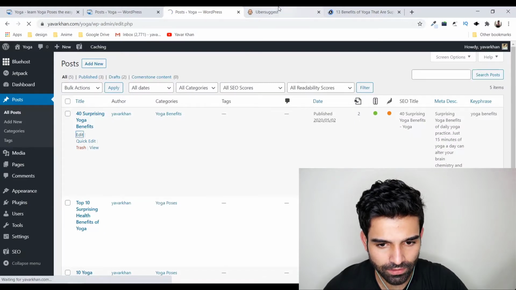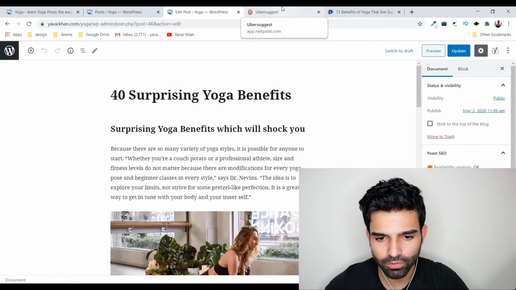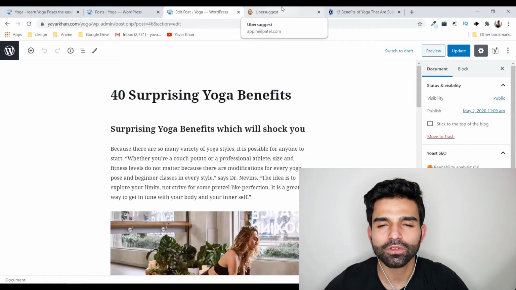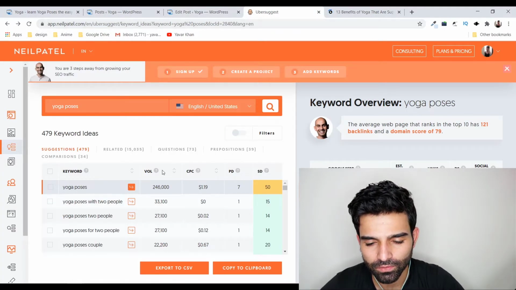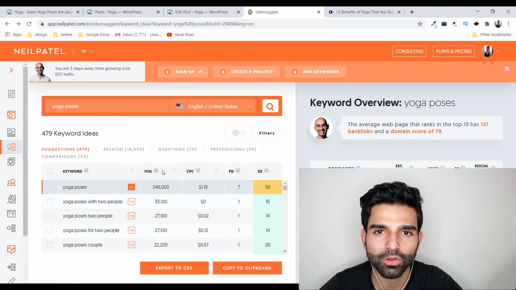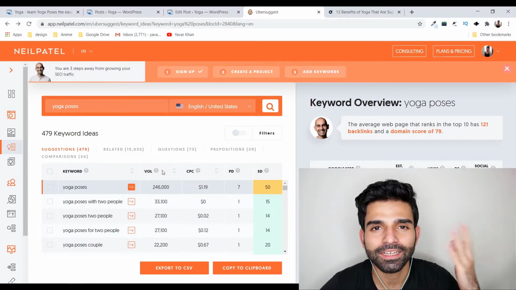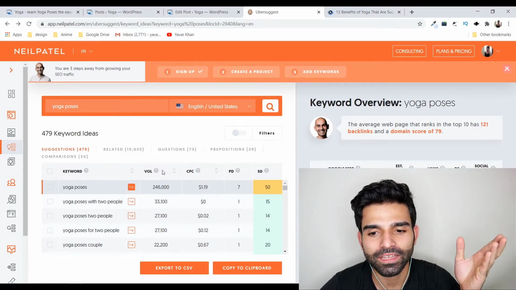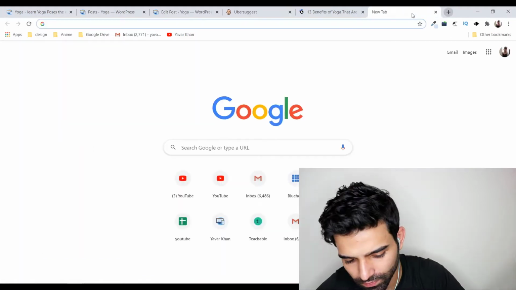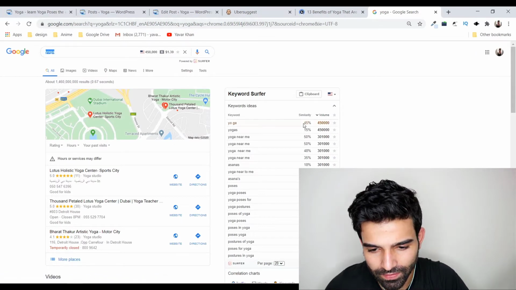Okay, and then edit. So to SEO optimize your WordPress website, the first thing which you need is content. So you need to find a keyword. Let's say for example, I'm using Ubersuggest. First you need to write content, but on which topic would you write content? So basically you need to find a keyword which is low in competition and high in traffic, which means on Google that keyword is getting searched a lot, but there are fewer websites competing for that keyword. So for example, if I just go over here on yoga, look, you can't make content on yoga because a lot of websites are ranking for this keyword.